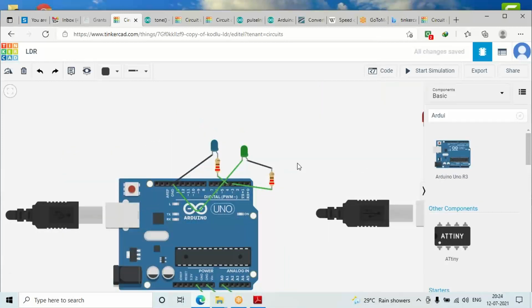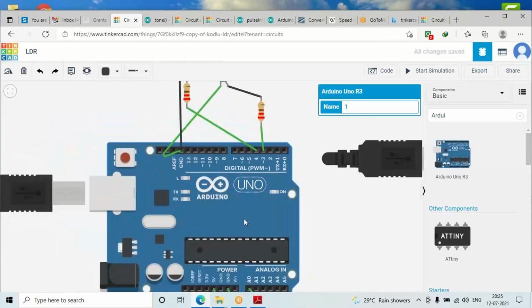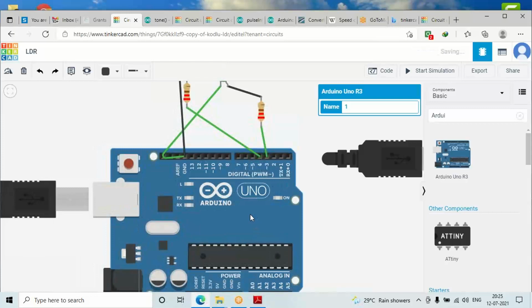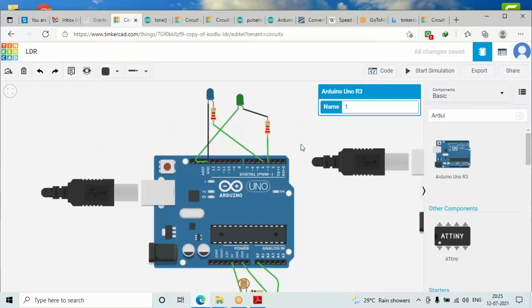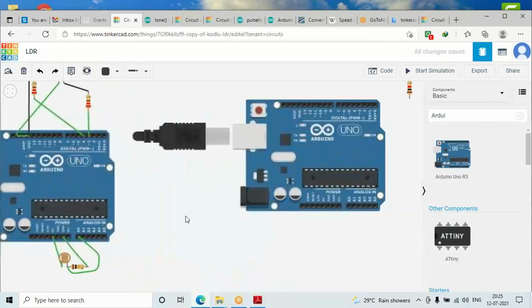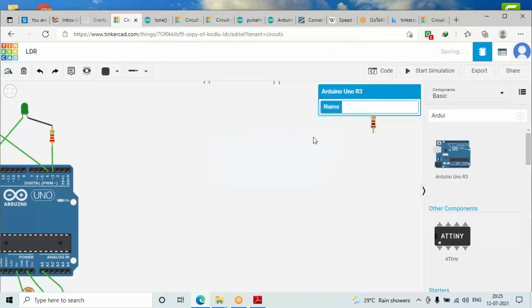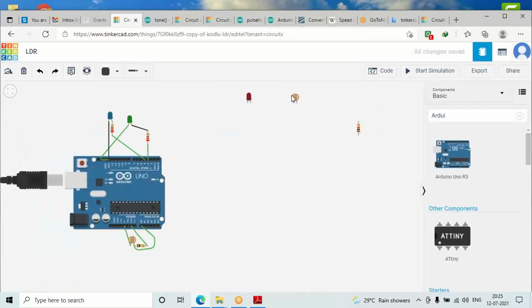This is very important. You should remember what connections you are making. If you make a wrong connection, even if your code is correct, it will not work. Here, the blue LED is connected to pin number 4, and the green LED is connected to pin number 3. I hope you have understood the connection part. I'm removing the other devices which are not required here, but I had taken them to make you understand.